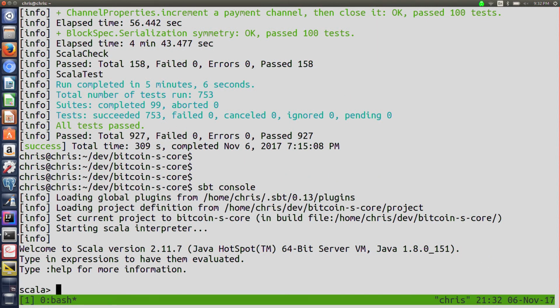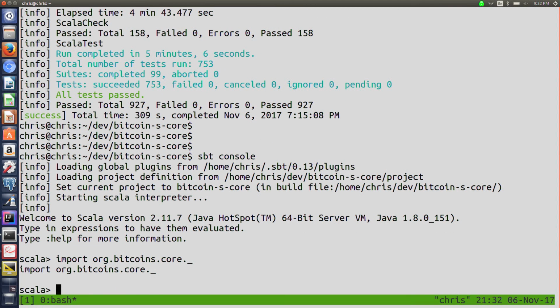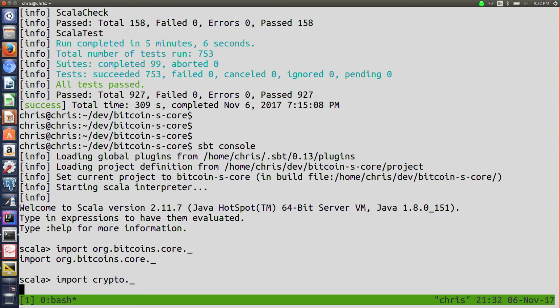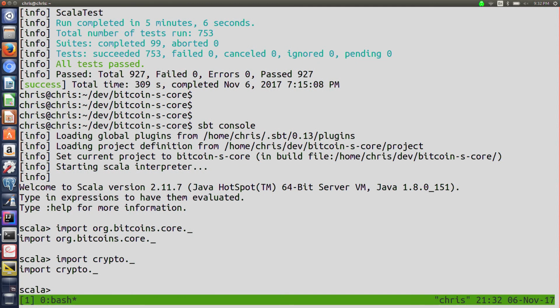We're going to import a few things to start. So this is where the entire Bitcoin-s core project resides. And we are going to import the crypto package. So let's start with the basics. Let's create a new private key.